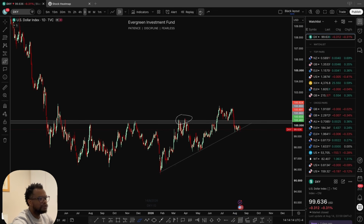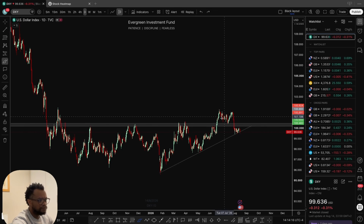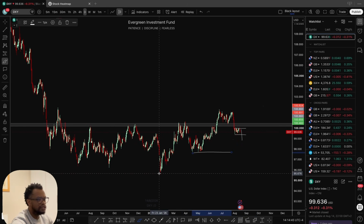So at the moment what I'm looking at is we broke below the structure, we broke below this level, broke structure, and obviously you saw this run, and now we're correcting again. So what I'm expecting for the market to do, let me just delete this trend line. At the moment I'm expecting this is our correction, right? I'm expecting price to drop out of this corrected price, possibly coming to the 97s,